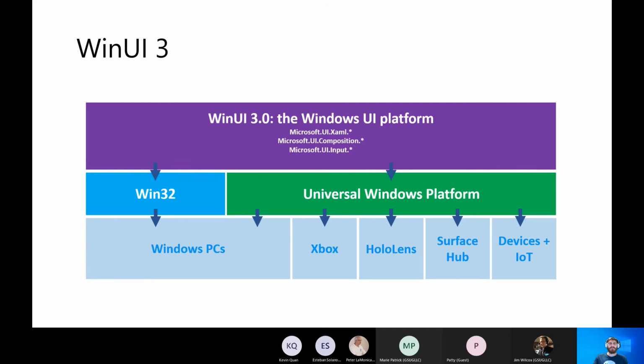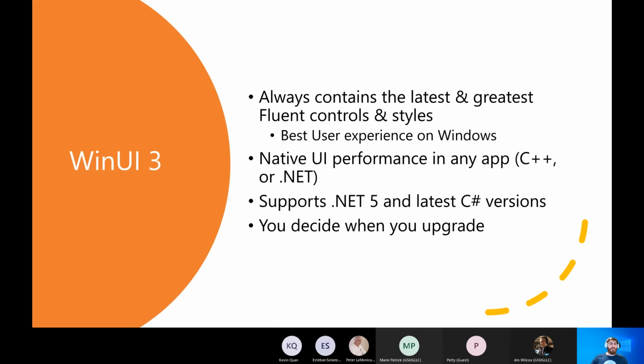It's pretty much the same as UWP XAML, but deploy it for Win32 applications, UWP applications, and you can write it, of course, with C++ or C#. It will always contain the latest and greatest Fluent controls and styles. It does provide the best user experience on Windows. The native UI performance in any application, as I mentioned, C++ or C#, supports .NET 5 and the latest versions of